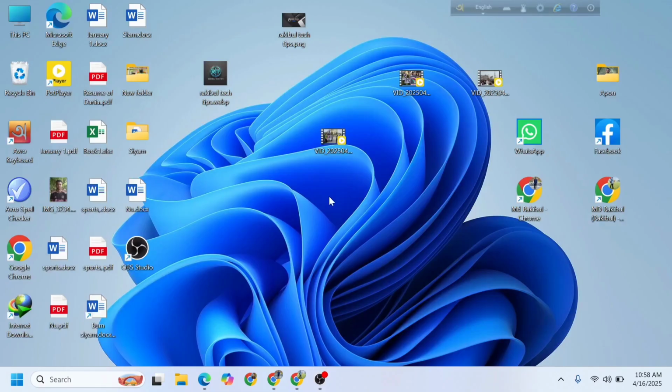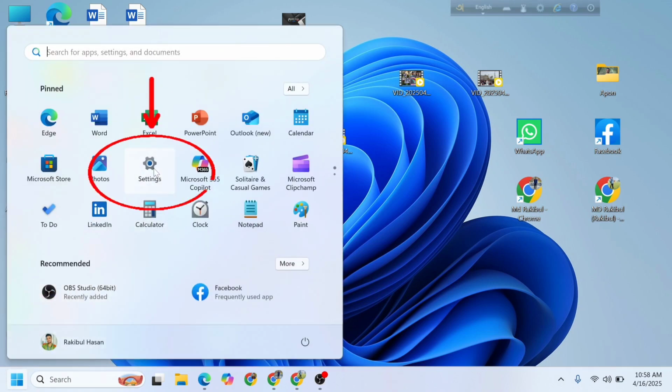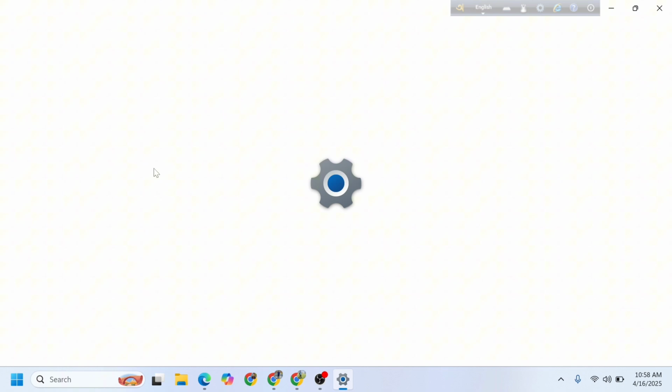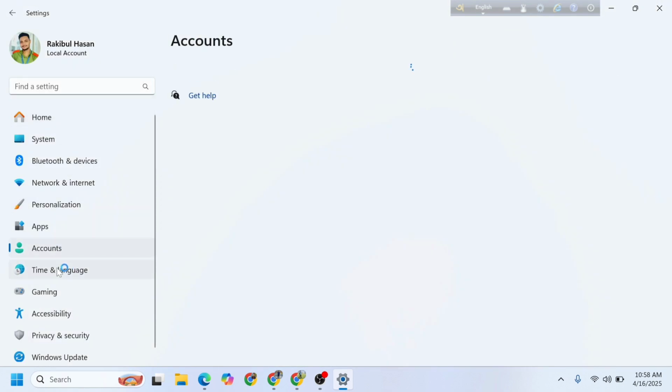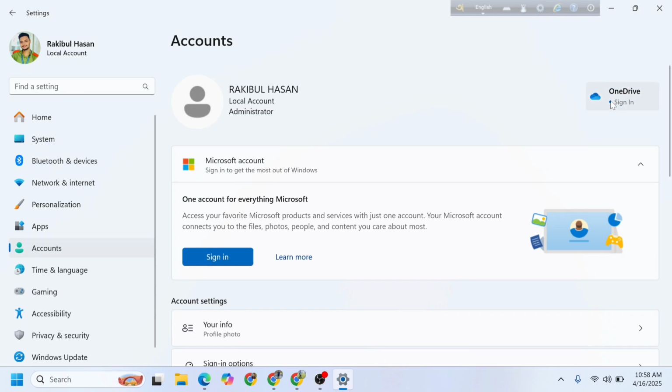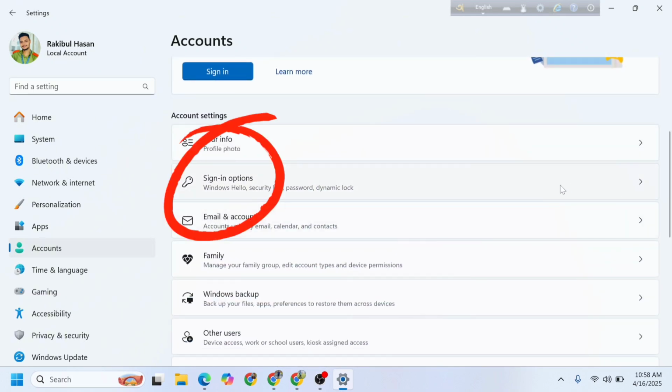Today I will show how to set a PIN or password on your Windows. At first, go to the settings, then click on accounts, scroll down, then click on sign in options,